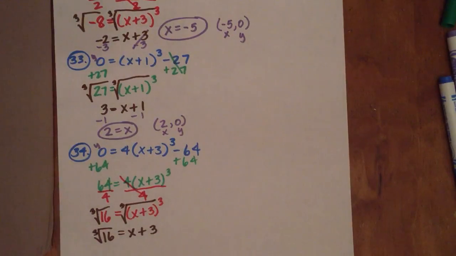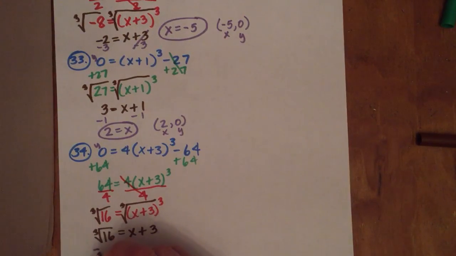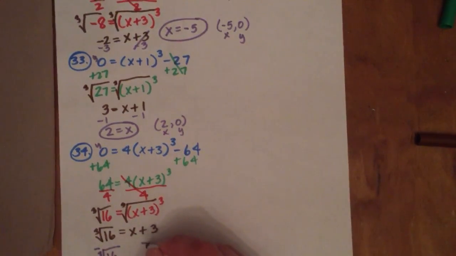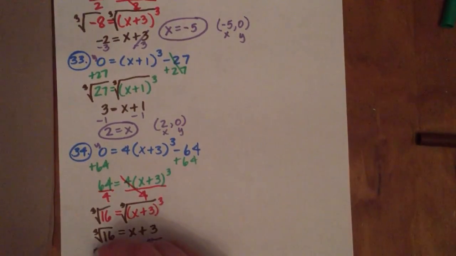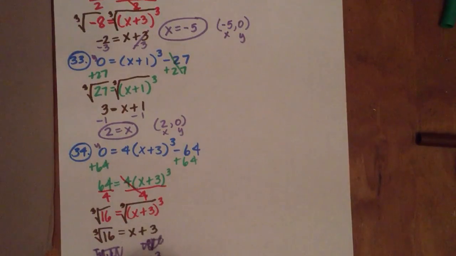Well, in order to solve this now, I'm going to subtract 3 from both sides. So I have the cube root of 16 minus 3 equals x. And again, I apologize, I don't have my calculator with me. But when you take the cube root of 16, you're going to get somewhere in the neighborhood of 2.5. And I'll come back and correct that here in the next part of the video. But this is going to come out to about negative 0.5-ish, somewhere in there,